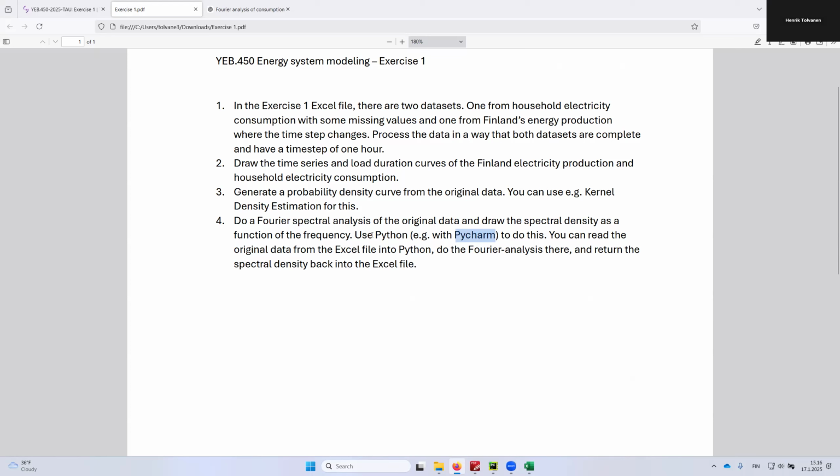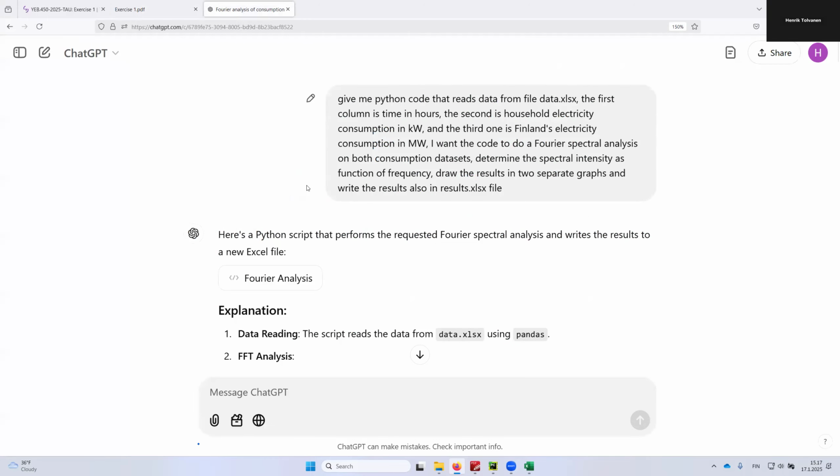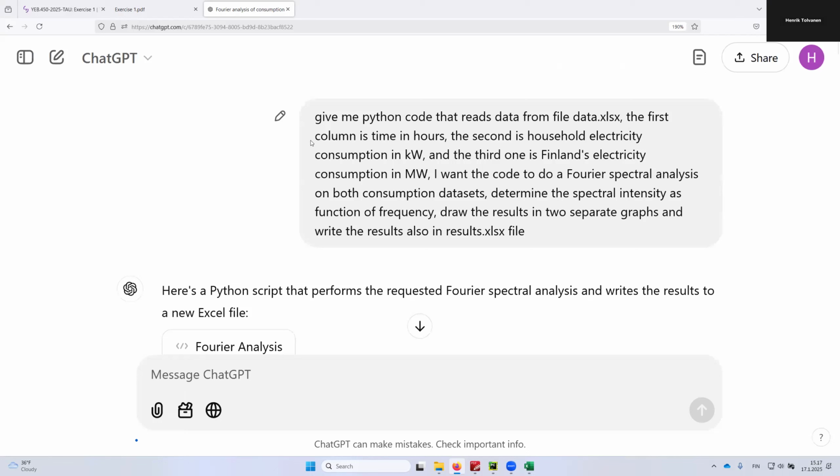So we're going to use ChatGPT to make the code. So make it in a way that you can read the original data from the Excel to the Python, and then do the Fourier analysis and return the spectral density back to Excel file. So what I have in here is the original prompt that I used. So give me a Python code that reads data from file